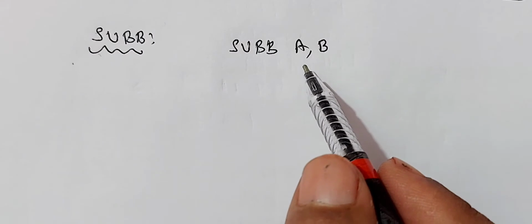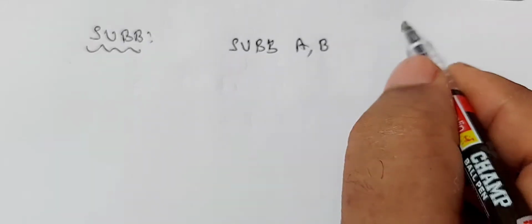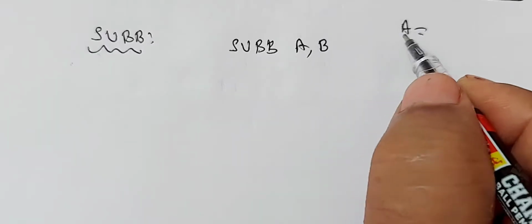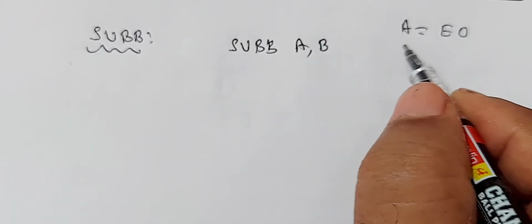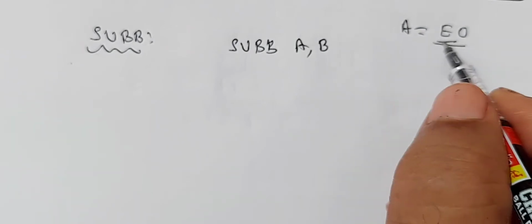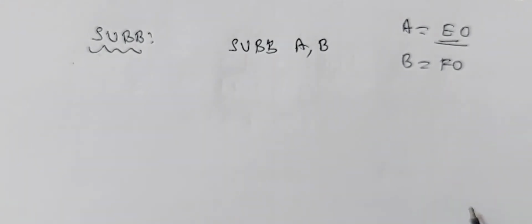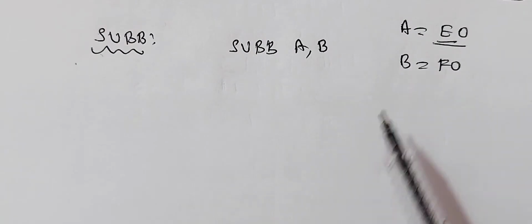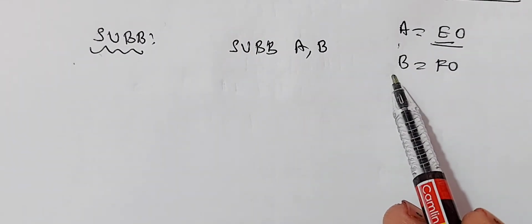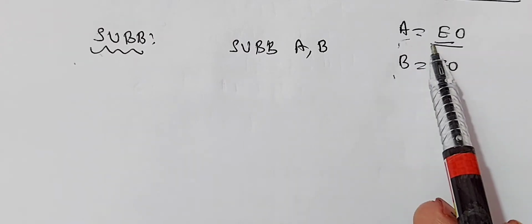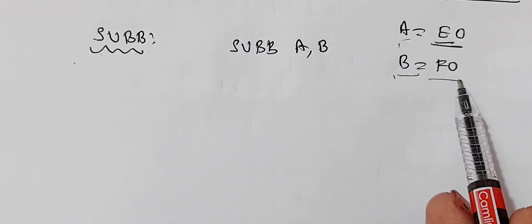Here B is another register. Usually the operational code for A register is E0, whereas that is the address of A. Address of A is E0, address of B is F0. See, in the internal RAM, 00 to FF is there. From 00 to 7F is used for internal RAM locations, internal RAM address. Again from 80 to FF, they are used for some special function registers. Here A and B are called some special function registers. Whereas A is given by the address E0, B is given by the address F0.